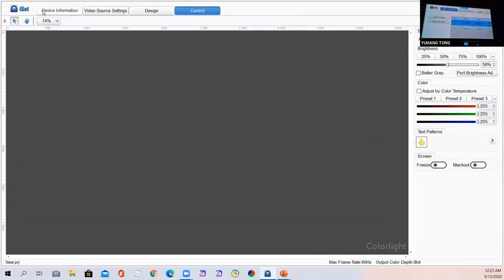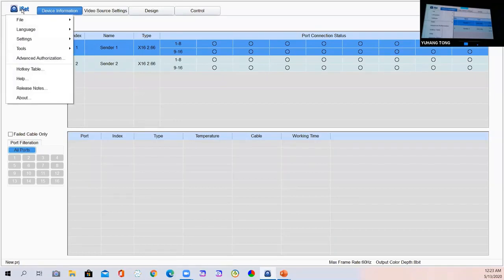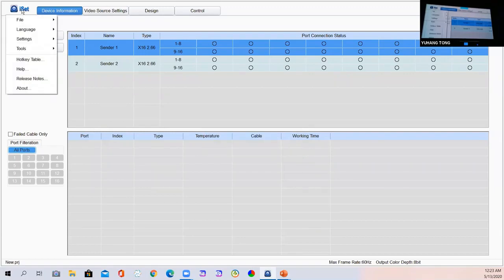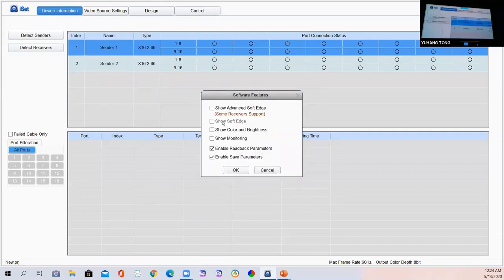And when we need to get the advanced features, just left click on the iSet, and then go to the advanced authorization. Input the number 168 and succeed. Then left click on the iSet again and go to the settings, find the software features